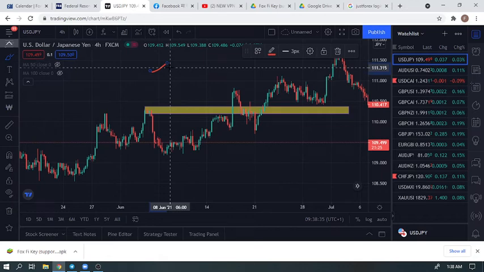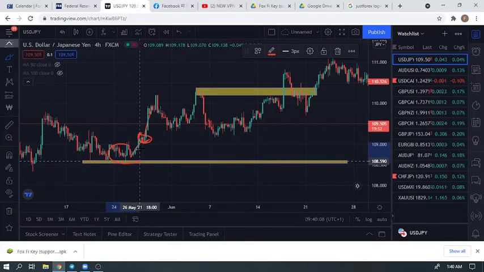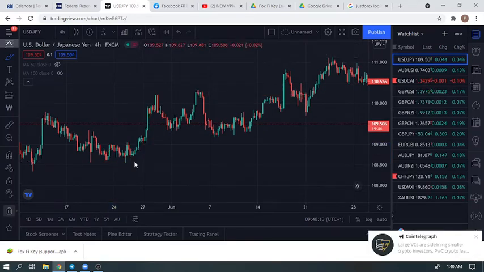Now this one here does not match the conditions we said about demand and supply. So we actually have a base rally base here, because I'll consider this point here to be a base. Consider this point to be a base. Then we have a rally up, then we have another base here. This is actually another base. So this is a base rally base move, but I just explained a rally base rally move is actually this